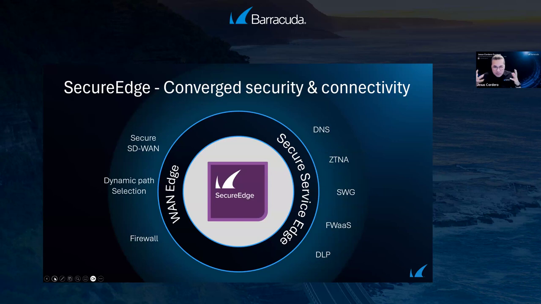It's not just covering all of that, it's converging all network needs, be it DNS, secure web gateways, firewall as a service, or data loss prevention, whatever you needed for network security in the past and today is converged into the services. It's a unified management central console and is cloud first.